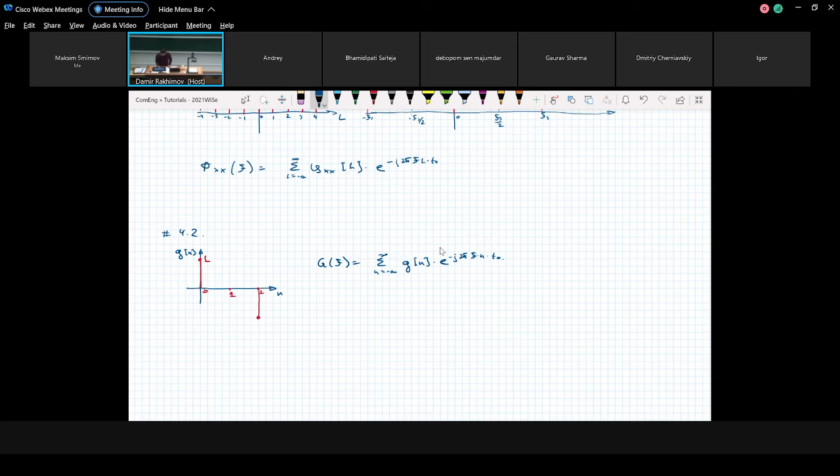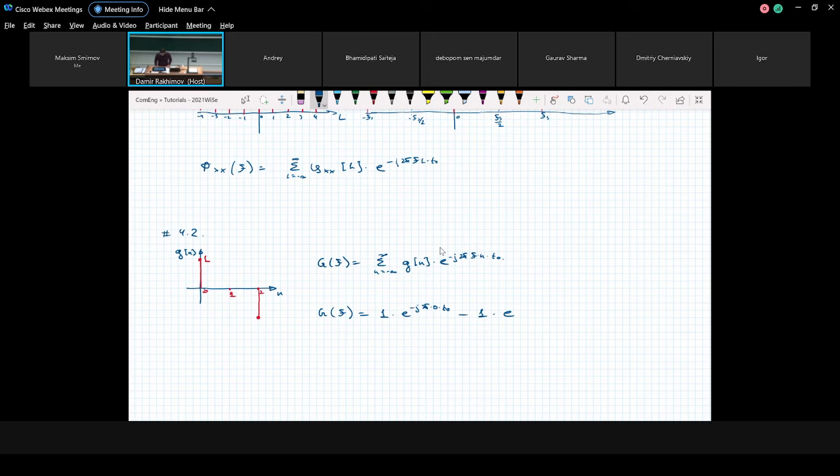So, let's substitute everything we know about this filter. At 0, the value of the impulse response equals 1 times exponential minus j 2 pi f times t0, and minus 1